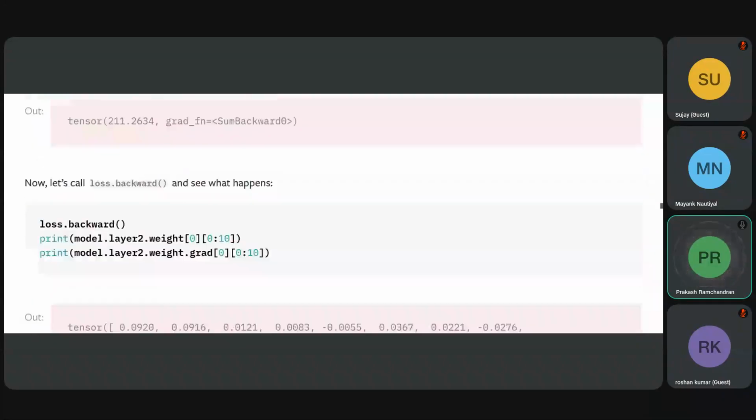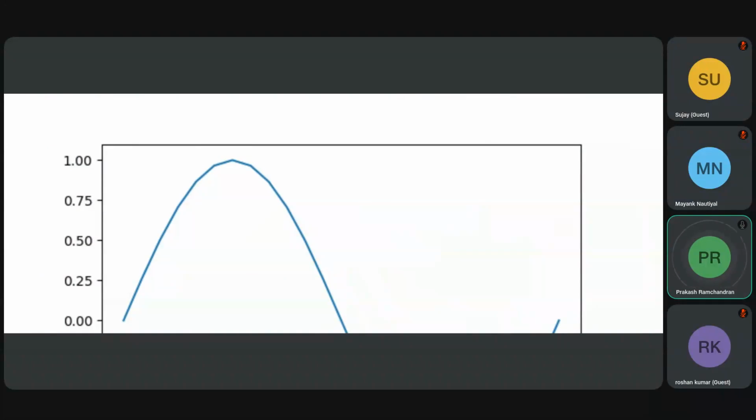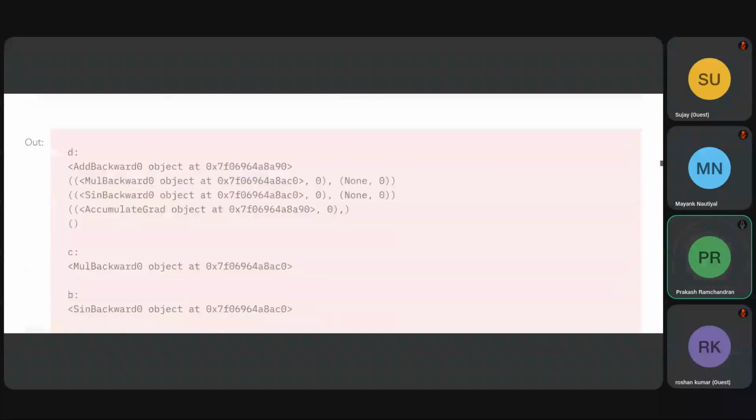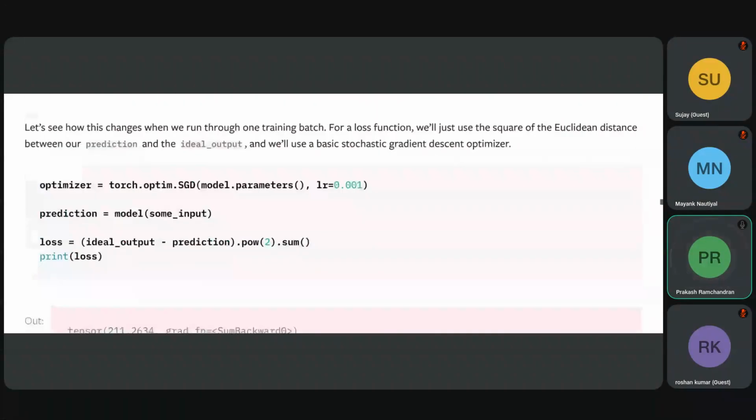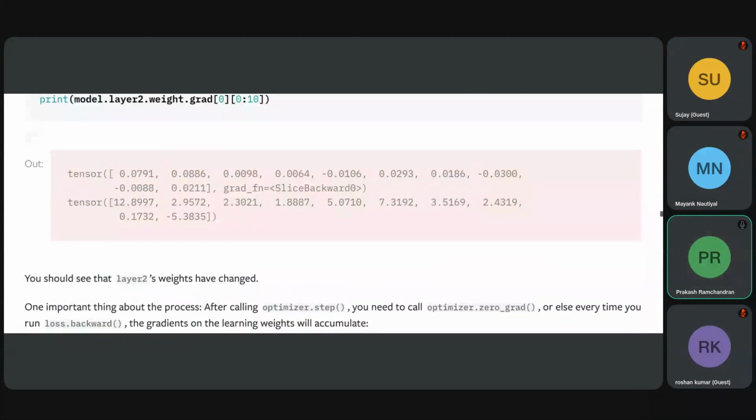It is not an Excel sheet where you have to worry about every cell. You don't have to worry about all that. It will do it on its own. It will draw the graph. You have matplotlib and all that. So this is what we see as one of the